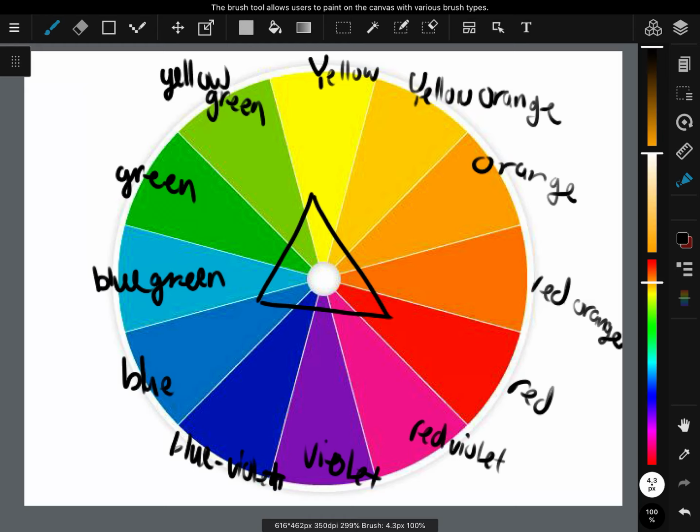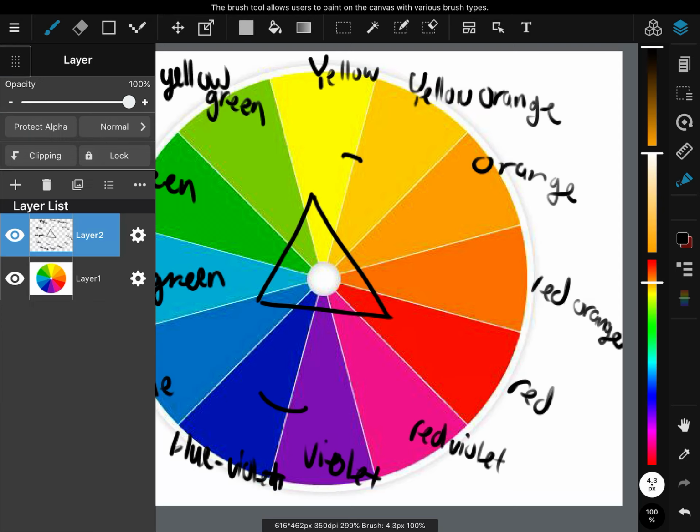Or let's say you want some good contrast colors, so you could also pick maybe yellow and yellow orange, and then blue and blue violet. Since they are opposite of each other on the color wheel, they would contrast really well. So like I said,